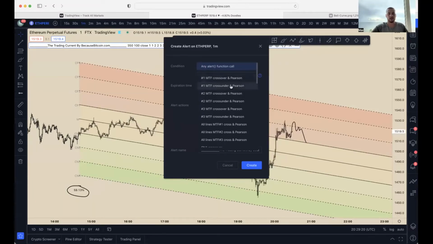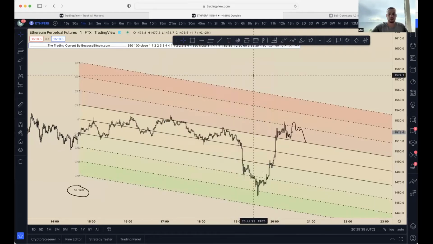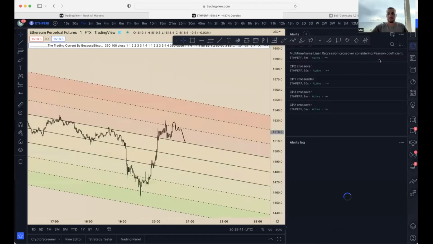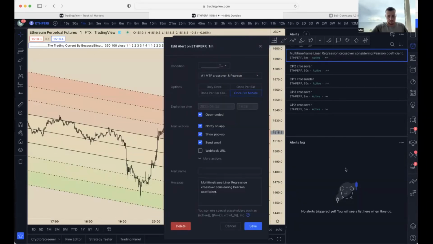So on number 1, I can get a crossover or cross under alert. Now the difference is if I go cross under, it's going to alert me if we cross under CN2. You don't cross under CP2 as you're moving up. That doesn't make sense. But for the sake of what I'm doing, let's say I just like to short. If we get a crossover, I want an alert. Now, this is different than all these other alerts that I just set. See, multi-time frame linear regression crossover considering Pearson's. It's going to alert me